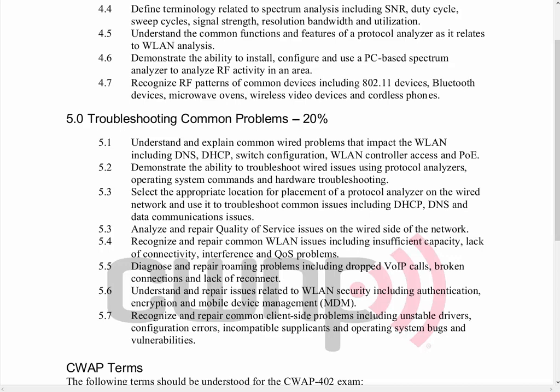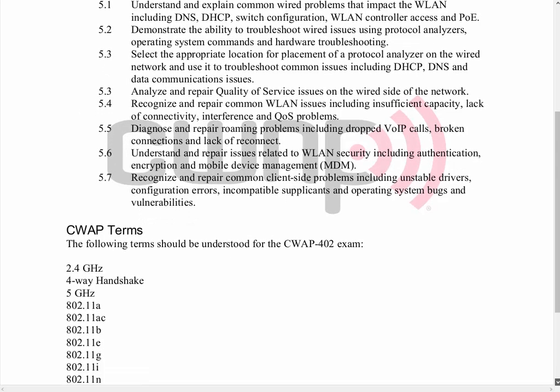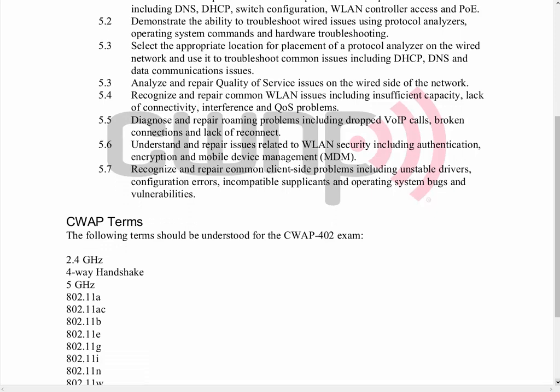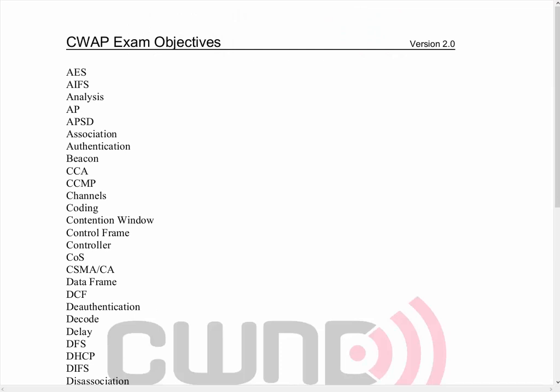Now, one last thing in the objectives I want to point out to you. We've started doing this, I believe it was with the release of CWSP. That is a list of terms. So this is a list of terms that you want to make sure you understand what they mean as you prepare for the exam. I'm not going to go over every one of the terms. We could lecture for 5 to 10 minutes on each and every one of them,